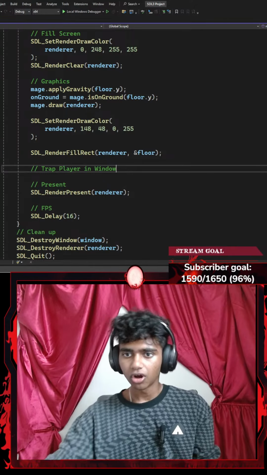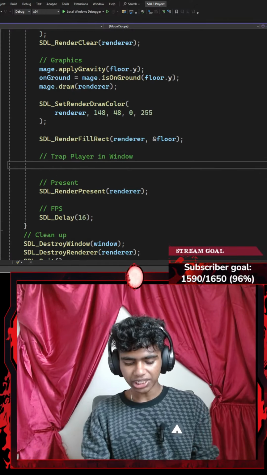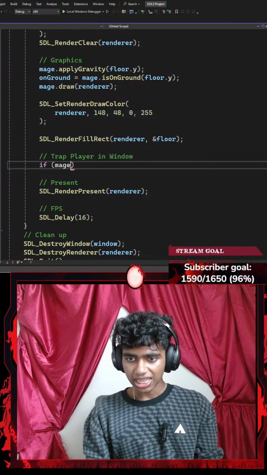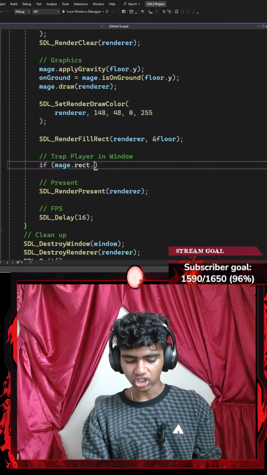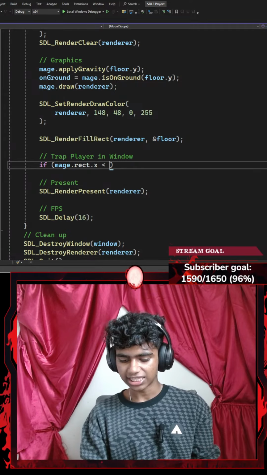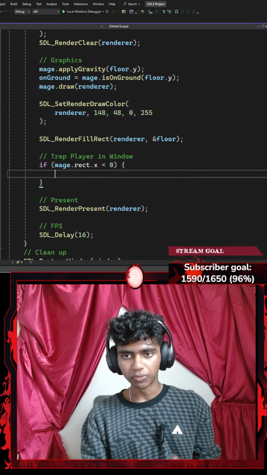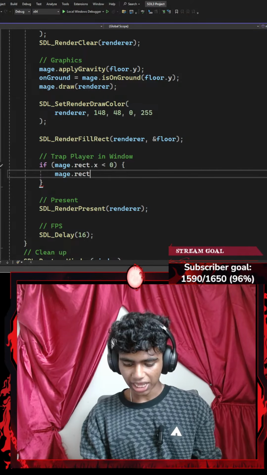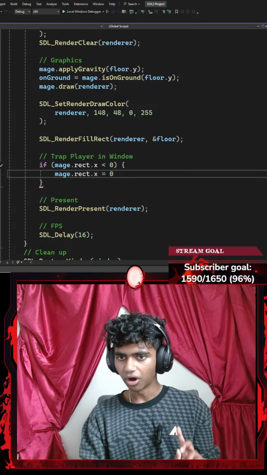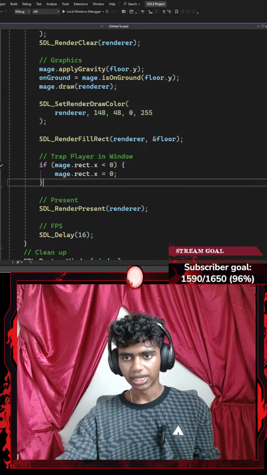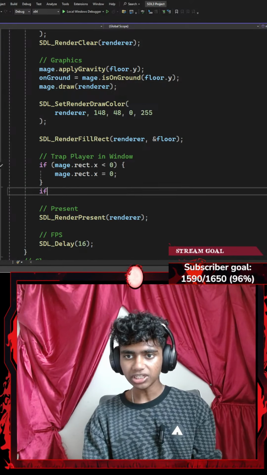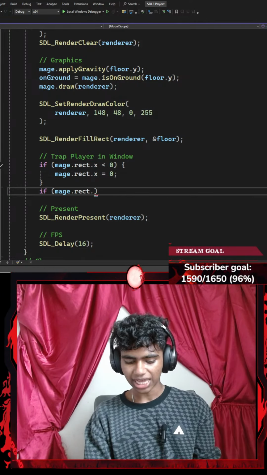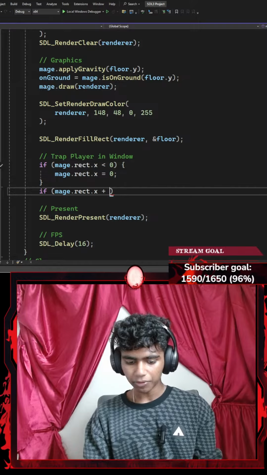There we go. Now to trap my player in the window, if I remember correctly, I'm going to go with something like an if statement. If my mage.rect.x is less than 0, then I'm going to reset my mage.rect.x to be equal to 0, and end it with a semicolon. Then I'll add another if statement: if my mage.rect.x plus my mage.rect.width